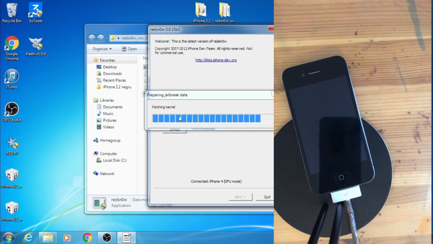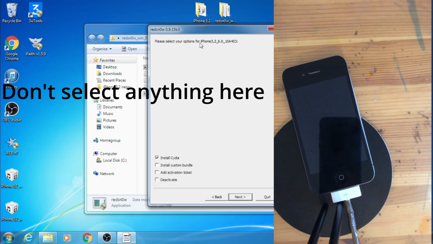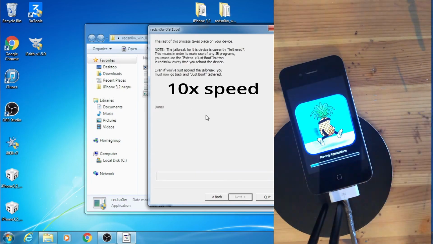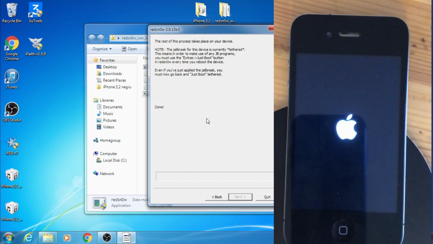And now just wait for a while until it loads. Okay, now don't select anything here. Leave install Cydia. Nothing else. Now, yes, this is 10x speed and it just runs.